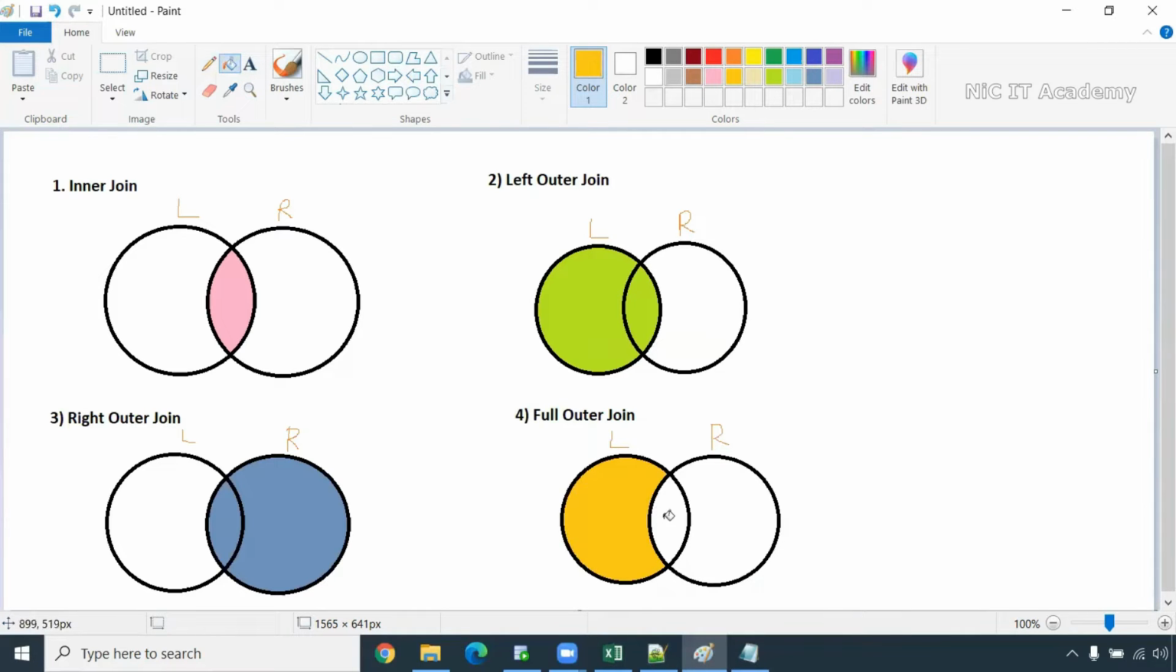So this is full outer join. So we'll be getting full outer join. These are all the 4 types of joins available in Oracle: inner join, left outer, right outer, and full outer. We will see the joins